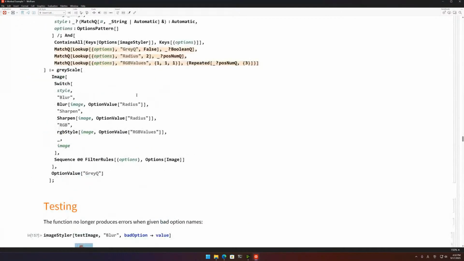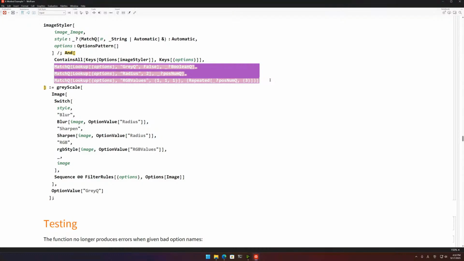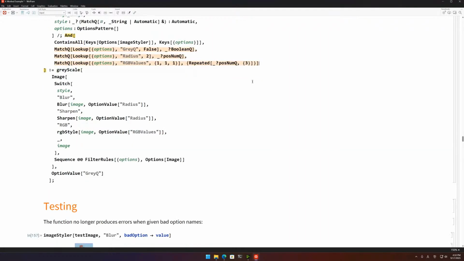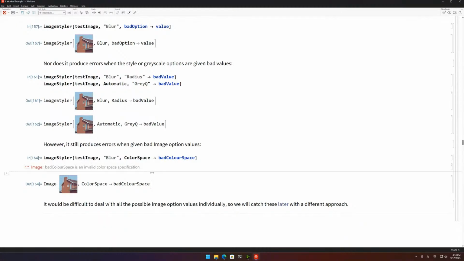So we did this. So if I go back here, we are looking up. We have tests for our custom options. So gray Q, radius, RGB values are our custom options. So we're handling those very gracefully now. We are essentially undefining the functions if either the keys or the values are invalid. But if we have an invalid value for some of the options on image, such as color space, then this still produces an error. So you can go, obviously, how deep you can go into